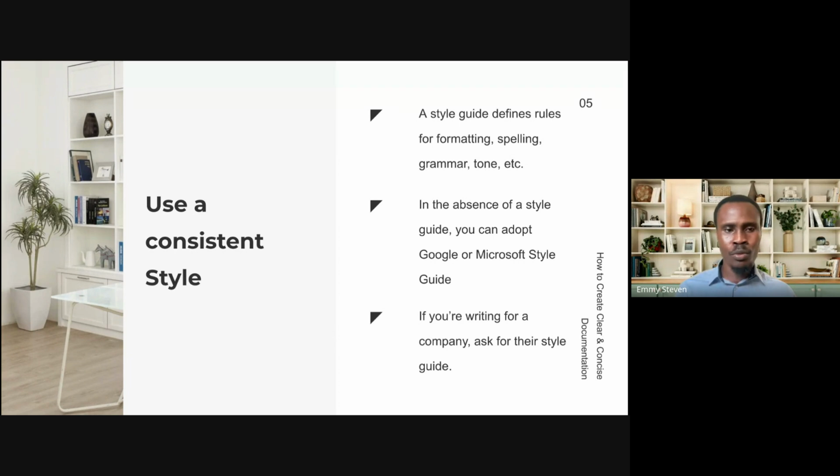So that will help you to have a consistent style in your writing. Then moving to the next one,